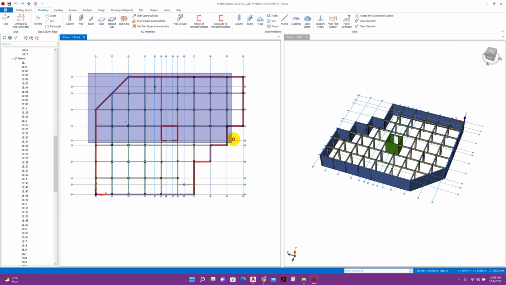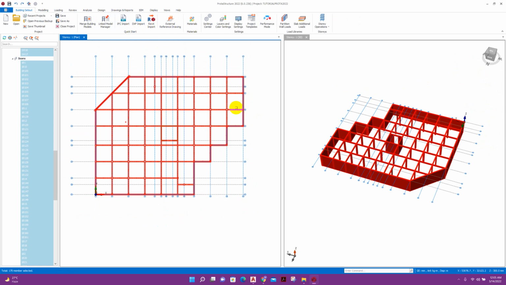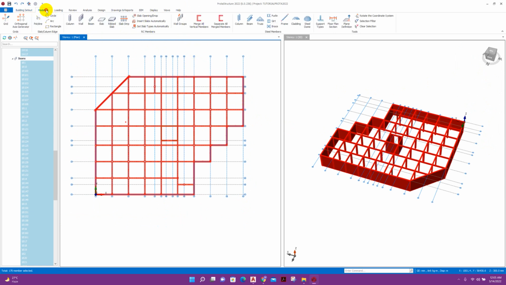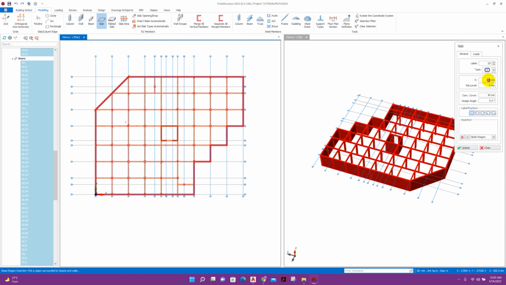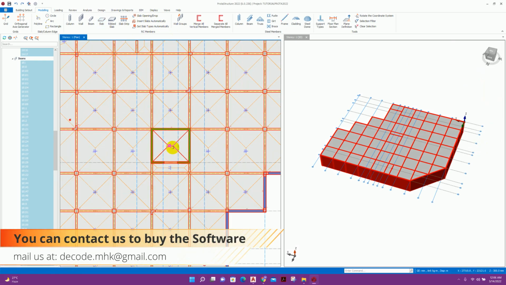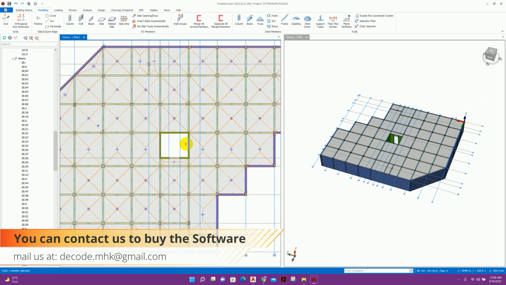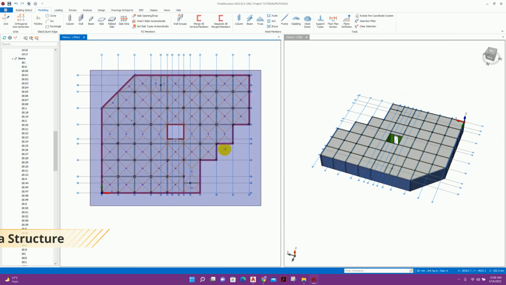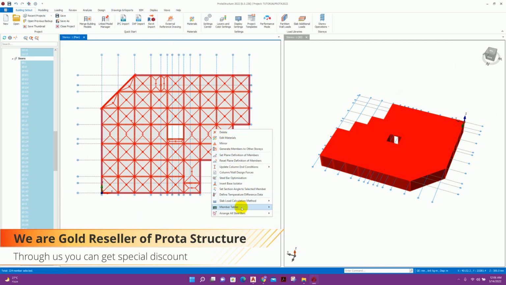Or we can select our beams, then go to model slab, 180 millimeter. Layer cover we can take 35 millimeter. Then here insert slab automatically. Okay, and close this one. You can delete all the members, then go to